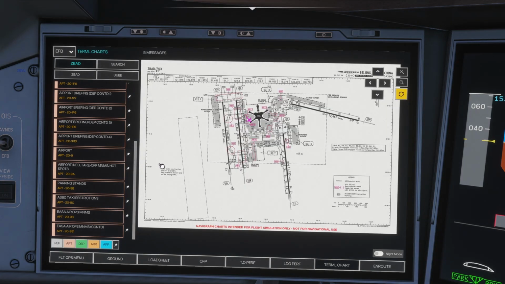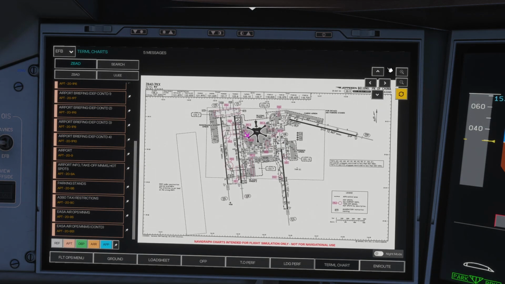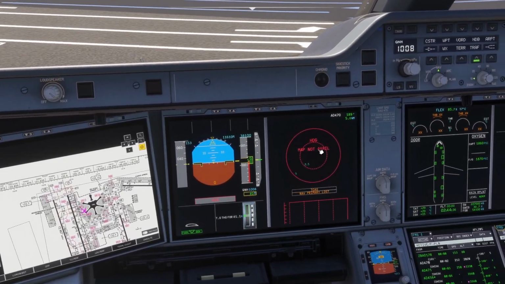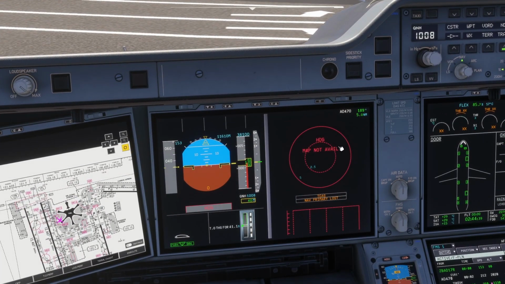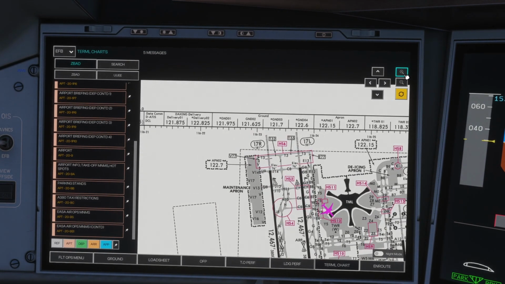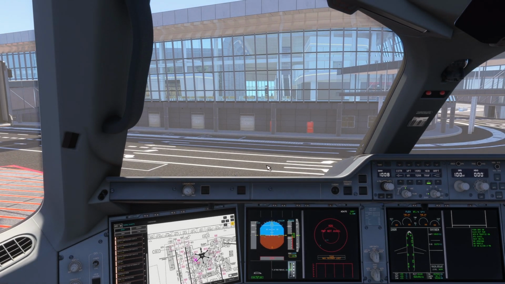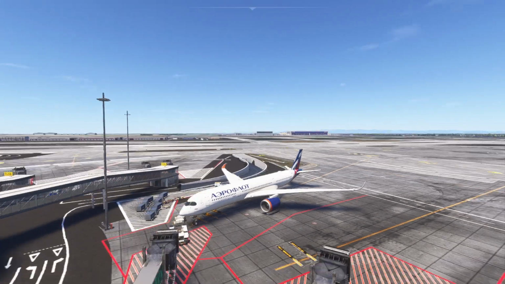Gotta go over here to the airport. So for this flight, I won't be using the OANS on the navigation display where the airport map displays here, just because I want to be safe and I don't want any lag spikes or anything. We won't be using BTV as well because I don't want to risk another WASM crash happening on the A350 while recording this video. I already have a lot of trauma with WASM crashes, so I'm trying to be really extra careful here for today's flight, especially when recording.